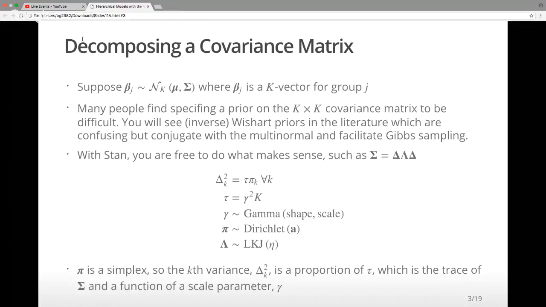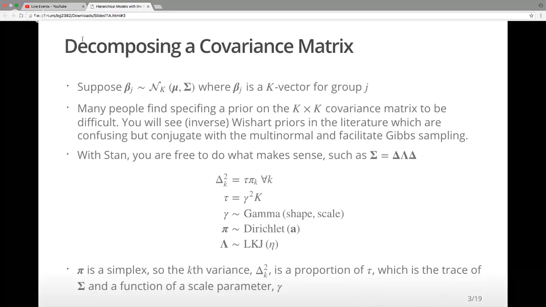So with Stan, we're not using Gibbs sampling, and thus we're not constrained by the so-called requirement of being able to work out the full conditional distributions of these parameters analytically. The proposals for the parameters are all joint, and so you're free to do what makes sense. Now, for a lot of people, it's an open question as to what would be sensible, but for a starting point,